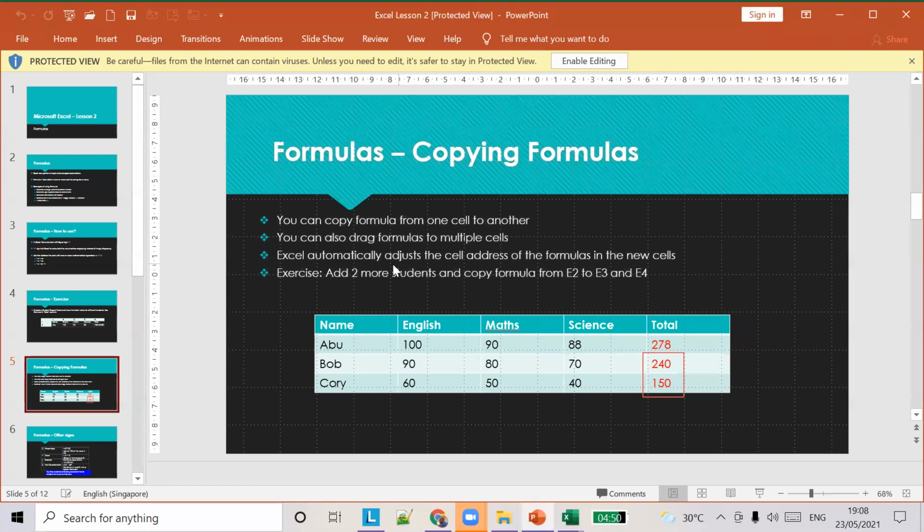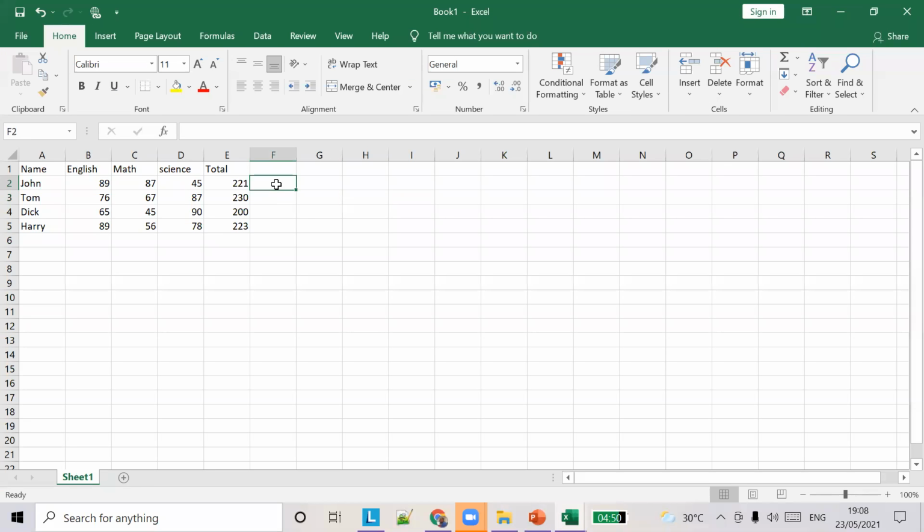Okay, so similarly we can have multiple examples. Maybe we can do an average, right? Average of score. Let's say you want to calculate the average mark of a particular student. What we can do is equal to